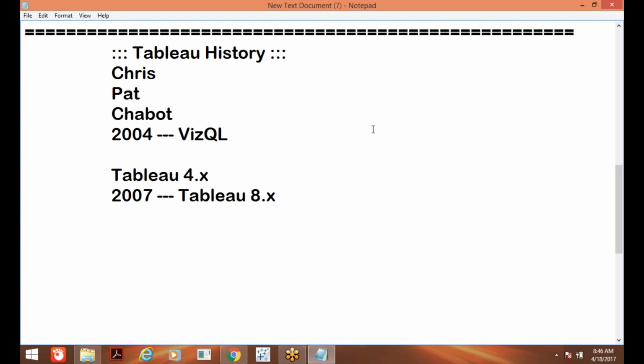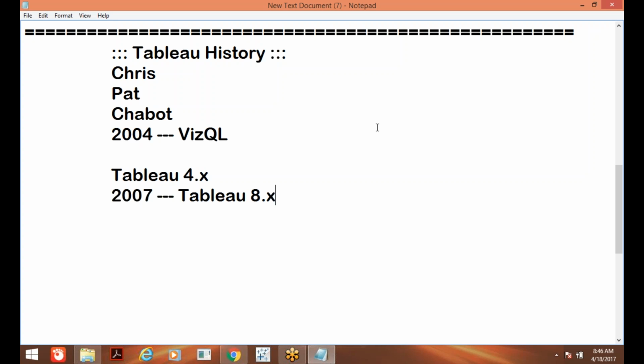The most popular and successful version of Tableau is Tableau 8.3. Right now also so many people are using Tableau 8.3 only. That much of a success it has tasted first. And after some years, they keep on updating their software. So their R&D is going very well. They came up with so many versions, 8.2, 8.3, 8.4 like that, and they came up with 9 also, 9.0, 9.1, 9.2, 9.3 like that.